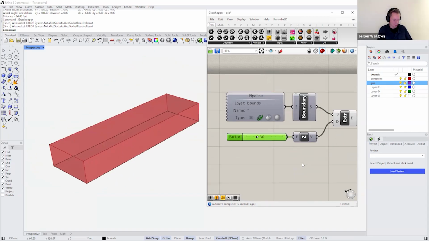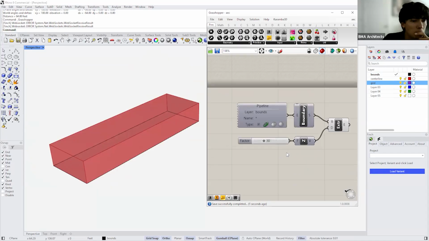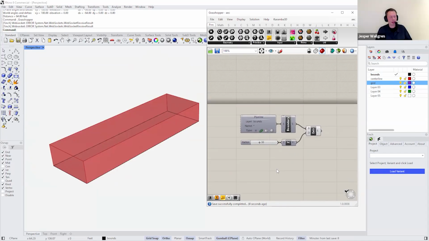Do you get it to work? Thank you. And now I'm going to send this building to